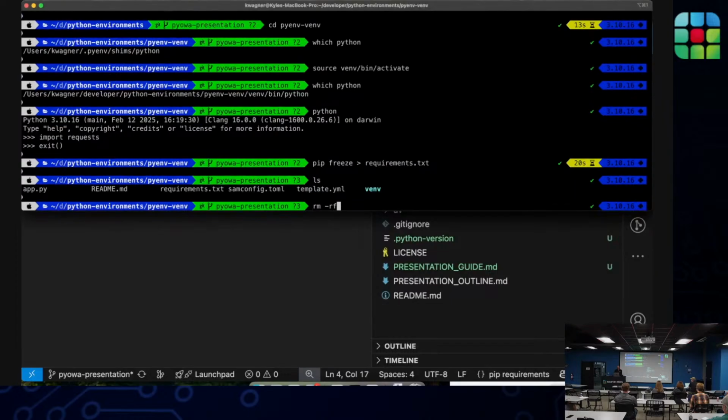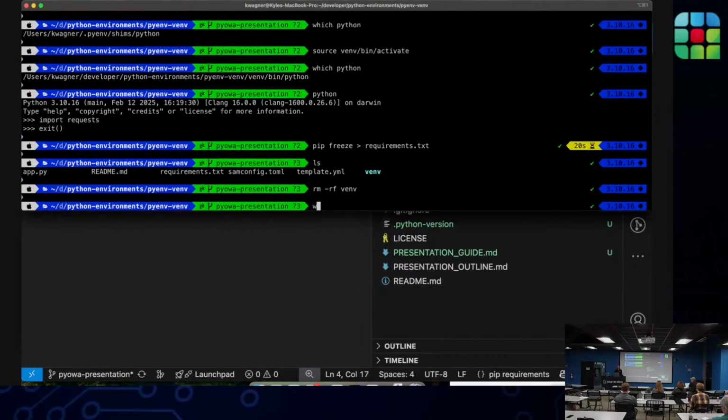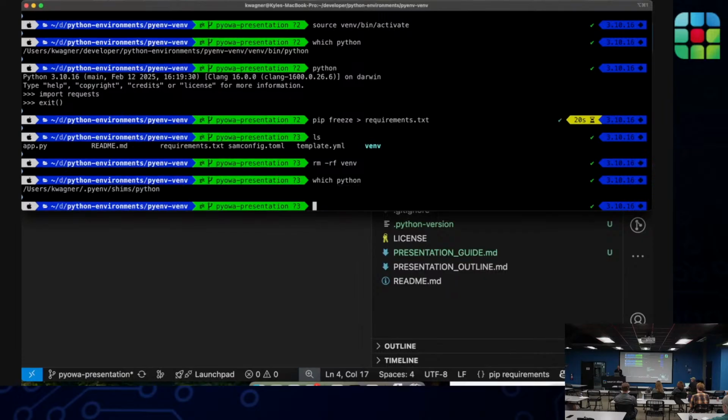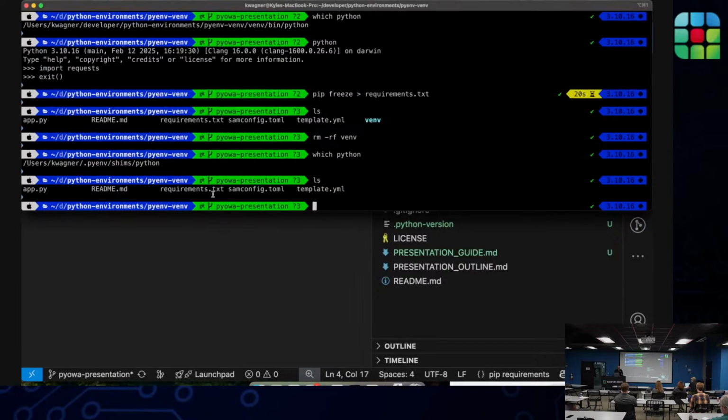If I just delete it and all of its contents, that also effectively deactivates the environment. It just wipes it away. And because we still have that requirements.txt file available, that's one of the ways it can be easy to then recreate that environment.